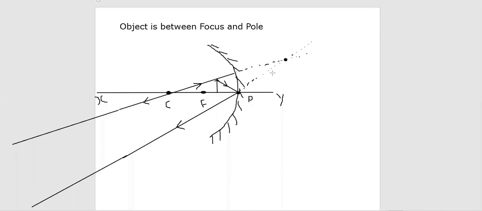So imaginary reflected rays are meeting at particular point, and they are meeting just behind concave mirror, right? So you will be getting image behind concave mirror, like this you will be getting. Understood, right? So you will be getting image onto the top of xy line. You will not be getting image onto the bottom of the xy line.